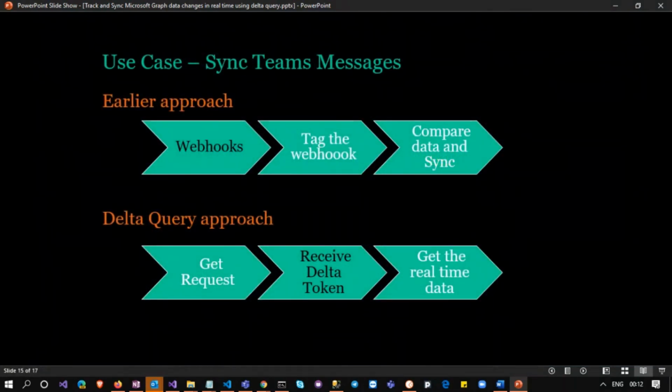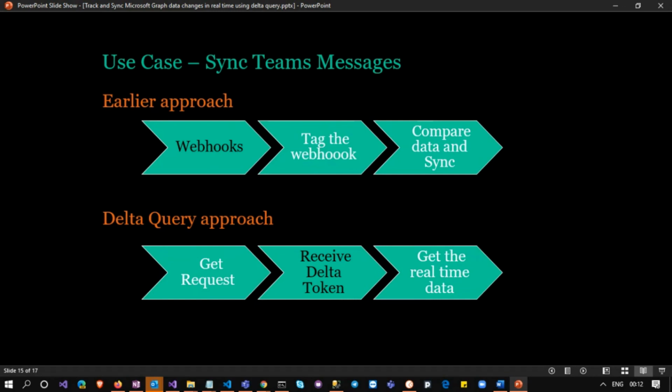Suppose you have an application to sync your Teams messages into another application. In the earlier approach, you could use any approach, but the one I'm considering is webhooks. I guess most of you know about webhooks, which are part of Microsoft Teams, and which act something like a bot. It is a custom app. You can upload your custom app. This is how the process works.